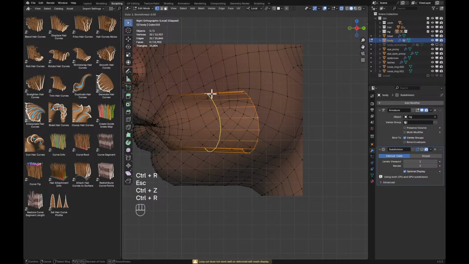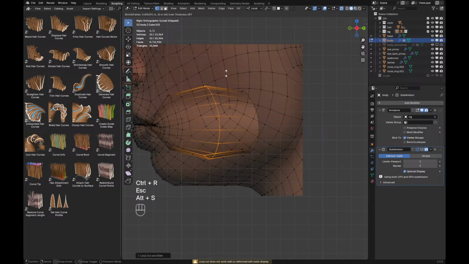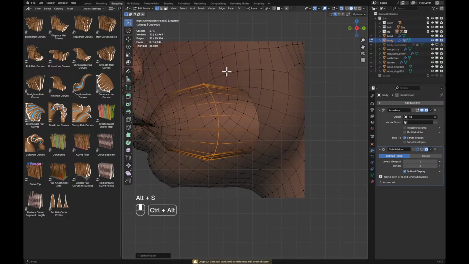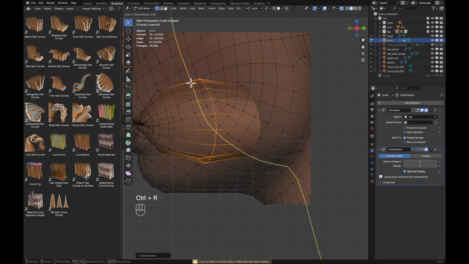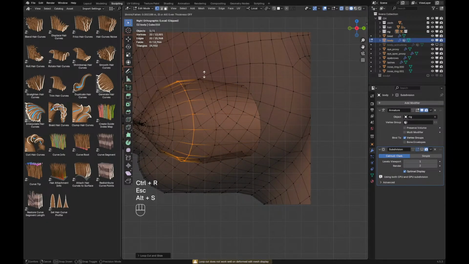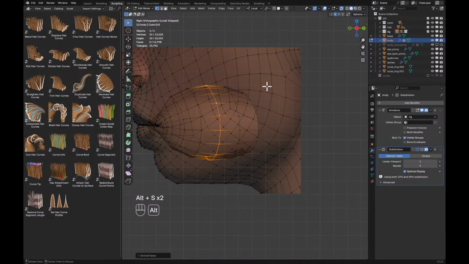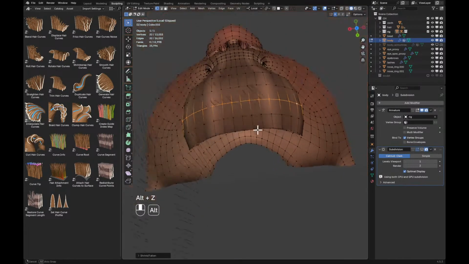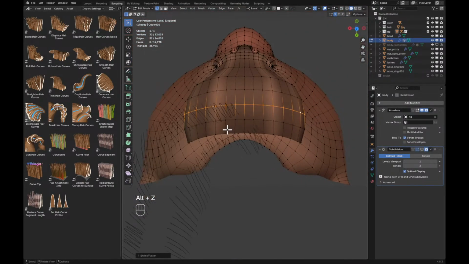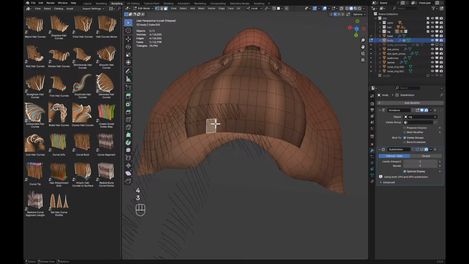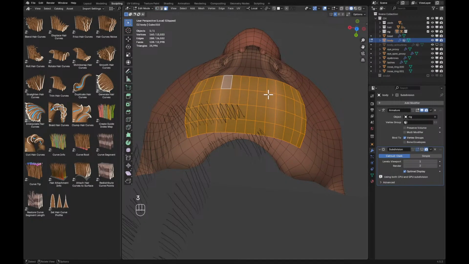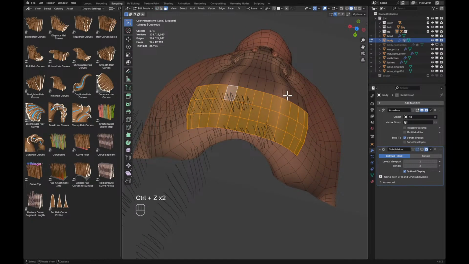We can add in an extra loop cut here and Alt S. I'm going to scale this up. I'll also add in another one here and Alt S to scale this up. Add in another one here, Alt S to scale this up, Alt S to scale this up. Okay, and it's a bit too wide from the front view, so I'm just going to select these loops,